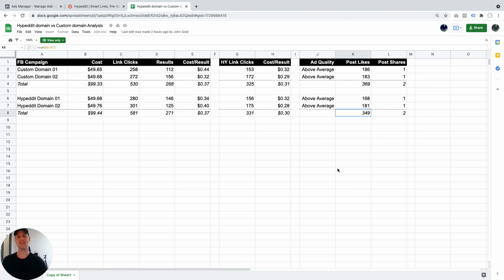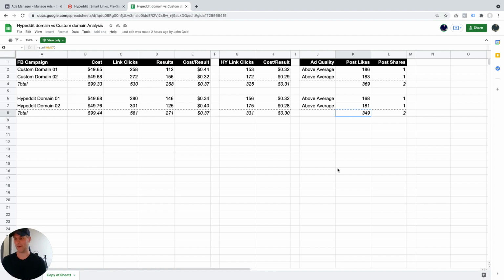So what's great news is that if you want to launch campaigns fast and you want to get results fast and you have not set up the whole custom domain thing in Facebook yet, you don't have to worry about it. You can launch campaigns out of the gate just using the Hyped domain and expect great results, identical results, maybe even slightly better results than if you were to set everything up with the custom domain first. So that's great news. And then what you can do over time is layer in the custom domain integration later. And that way you can test whether it gives you an engagement advantage for your music a little bit later down the road. But it's no longer a hurdle to get your Spotify campaign off the ground and to see